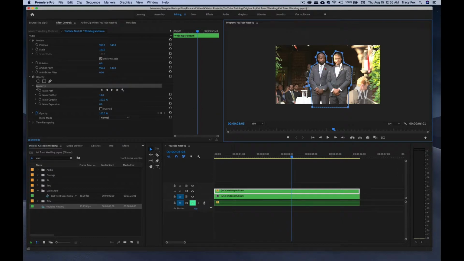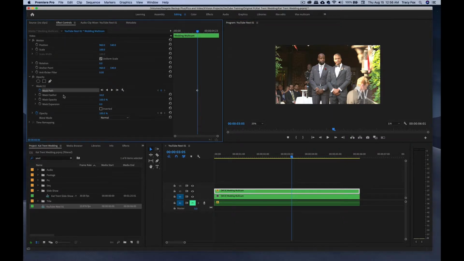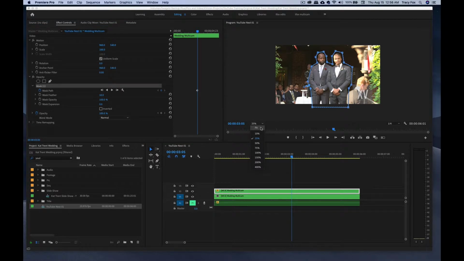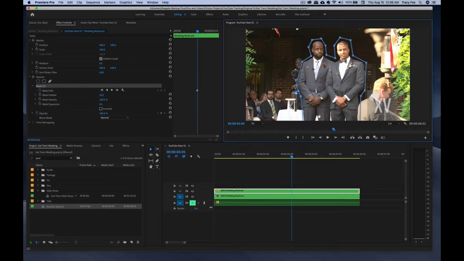So how do I do that? I'm going to create a keyframe at the point that I started the mask. It disappeared, but it's not really gone, so I just need to select my mask again. I'm going to select fit, so my frame fits into my entire panel here. And I'm going to move my pen,